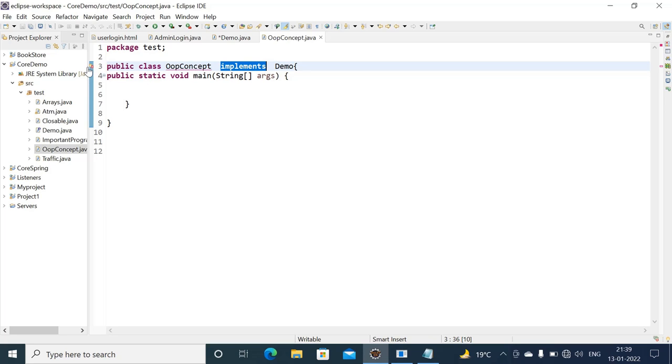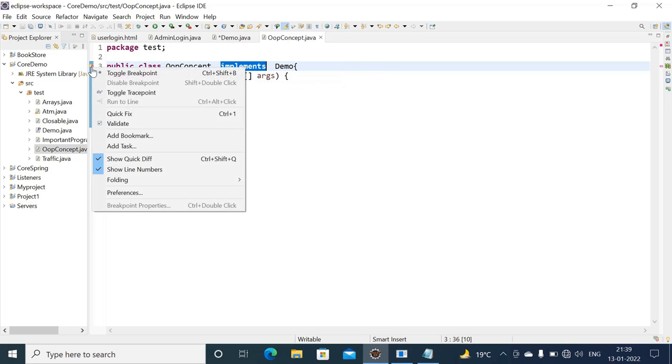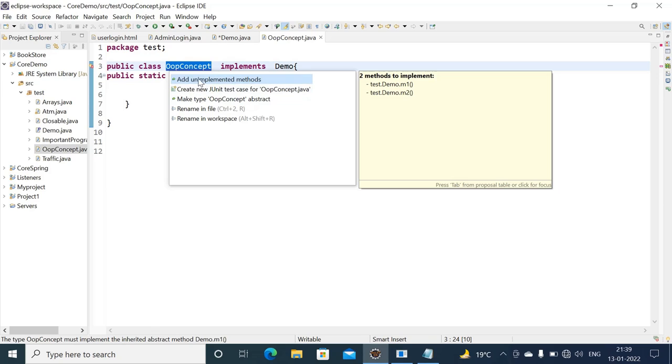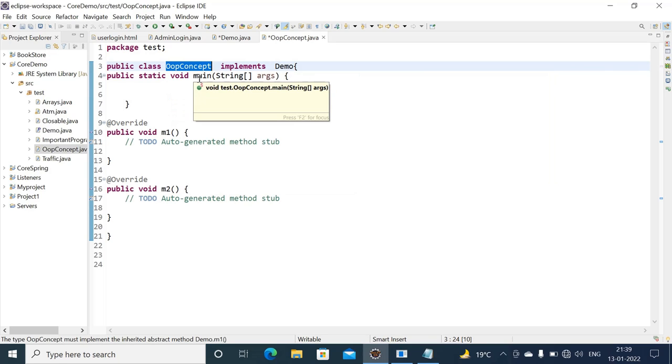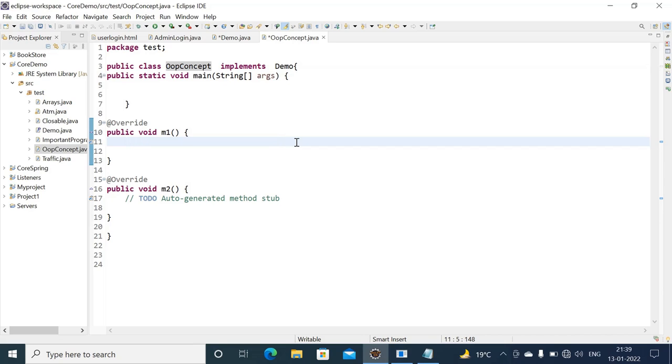Here we can see we are getting some error. If you click on that, we can see add unimplemented methods. I have told you that it is compulsory to implement those methods we have defined in our interfaces. So simply I will click on that, and you can see we are getting two methods here. We can delete the default body and write some message using System.out.println inside it. Okay, we are writing some method. Hi, this is interface